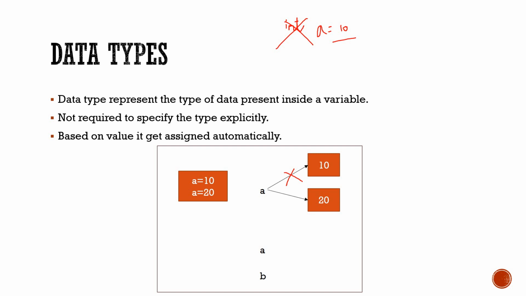Now I am taking two different variables to which I am assigning the same value: a = 10 and b = 10. What will happen? In other languages, we would have two different variables at two different places. Whereas in Python, we are only pointing towards the same address or the same value. So here a and b are pointing towards the same value. Because of this, it is dynamically typed.